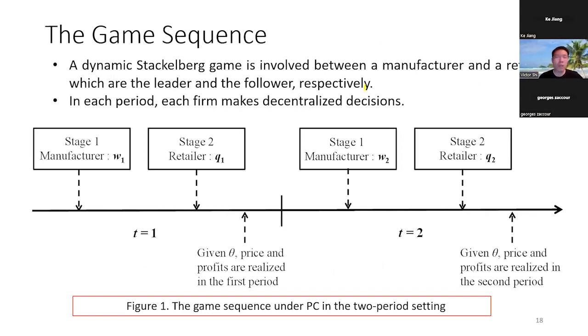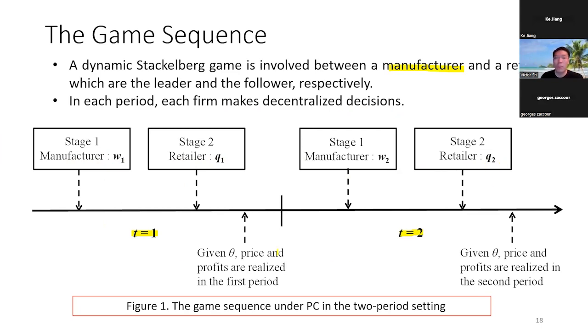So a simple supply chain and a simple dynamic Stackelberg game. Let's assume the manufacturer is the leader and the retailer is the follower. Each period, each firm makes decentralized decisions. In the first period, the manufacturer will decide W1, the wholesale price, and the retailer is going to decide Q1, which is the quantity to buy from the manufacturer and also the quantity to sell to customers. In the second period, t equals 2, the same thing: the manufacturer decides on W2, the wholesale price, and the retailer decides on